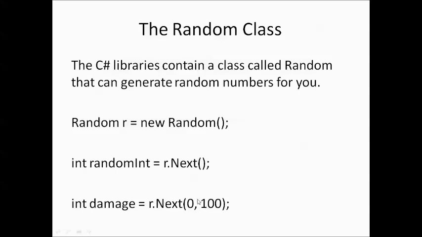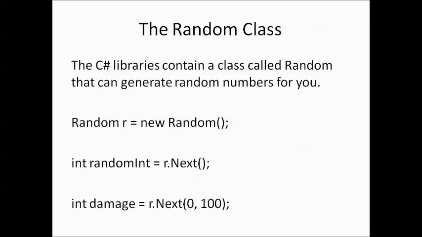99 inclusive. So when you supply a range, you will get the bottom of the range, but you'll get everything up to, but not including, the top of the range. So if you pass in 0 to 1,000, you'll get numbers between 0 and 999 inclusive. So there we go. All you have to do is create a copy or an instance or a reference to this Random class, and then call its Next function, and then pass in the range of numbers that you would like to get back. So now let's switch over to Visual Studio, and I will show you how to create